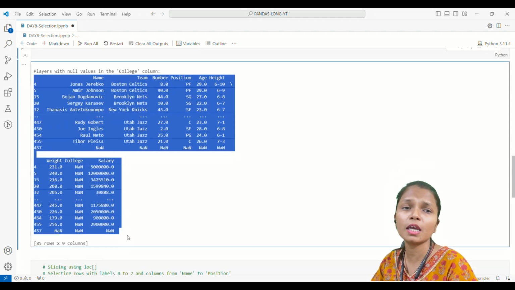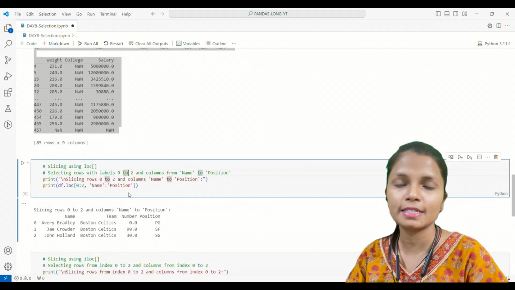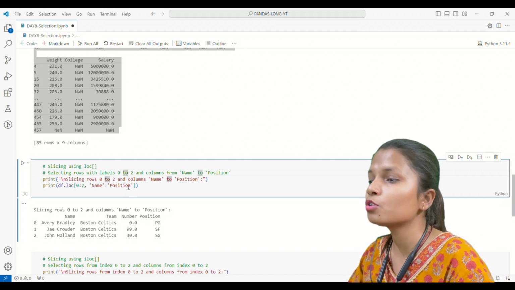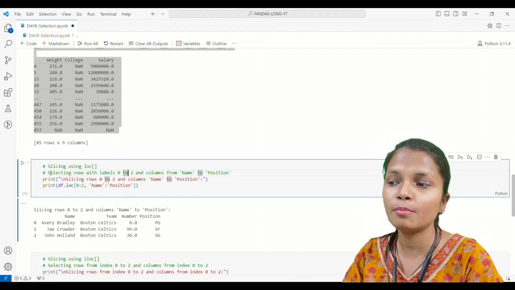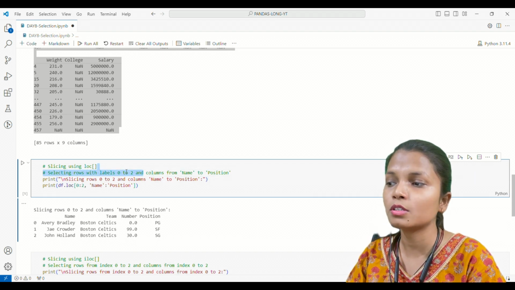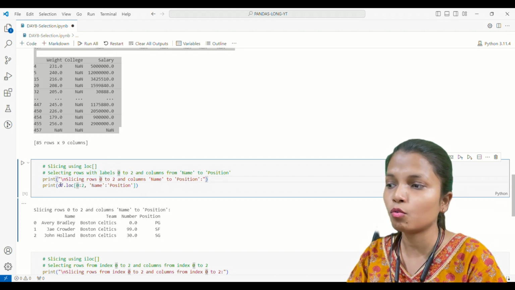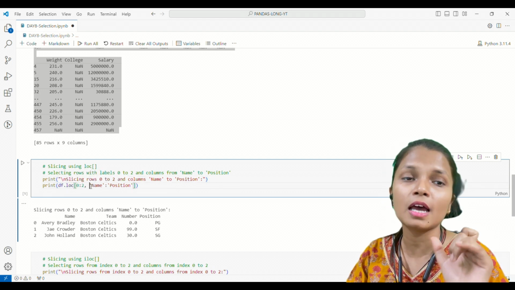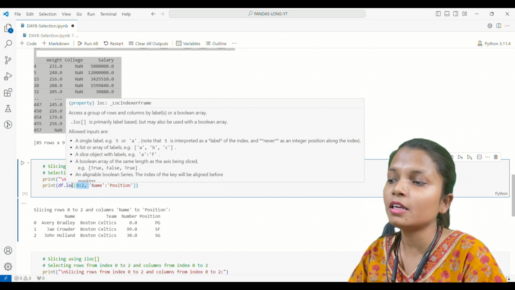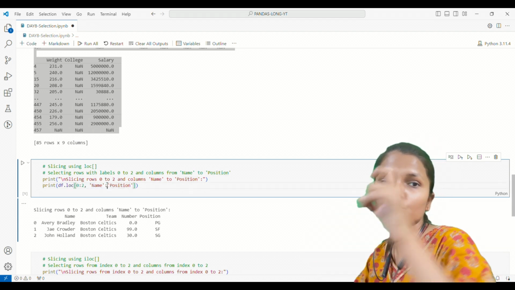Another way to do it is using the loc method. The loc method is label based indexing, which means you have to write down the name of that particular thing. Suppose I want to select the rows with labels 0 to 2 and the columns name to position. So I have written data.loc, then for the rows 0 colon 2, which means I am writing the indexes of the rows. The second time, I am writing the column names, name and position, with a colon, which denotes that I want from this to that.